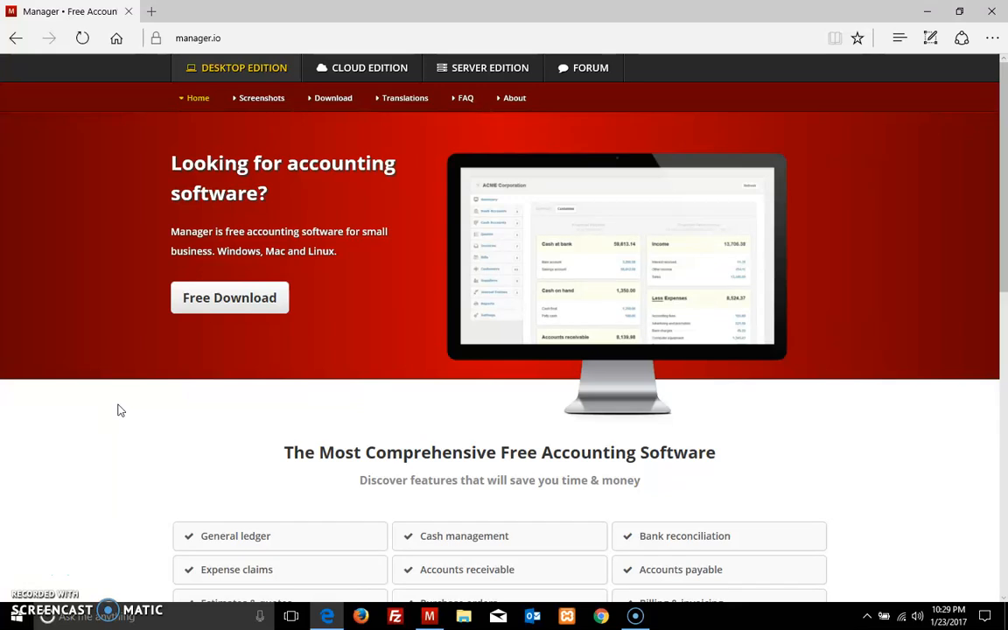Free accounting software for small and medium scale businesses. Especially for non-accounting people, it's very useful and it's fully automated. Where can we get it? So we can get this one from